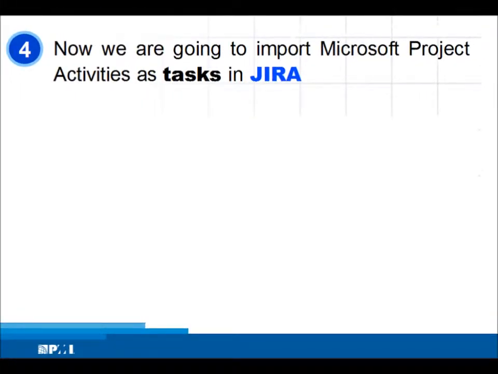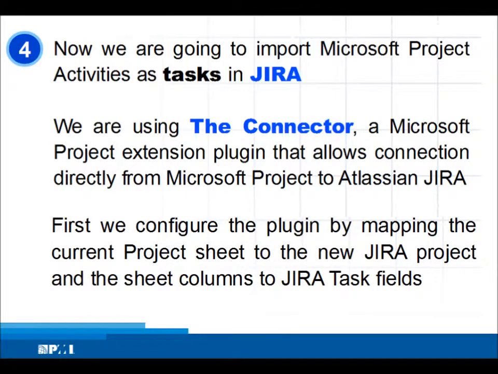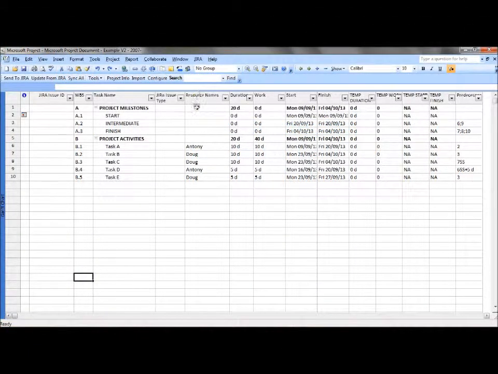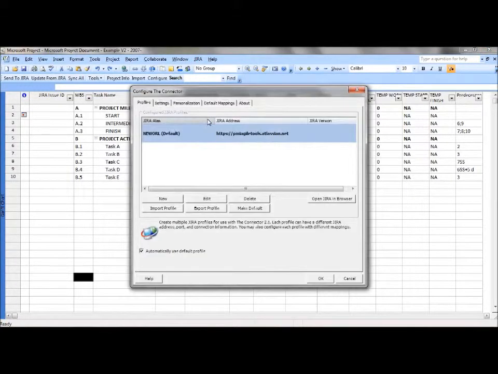To import the plan in JIRA, we use the connector, a project extension plugin that allows connection directly from Microsoft Project to Atlassian JIRA. So we can use Microsoft Project to export tasks in JIRA. First, we must configure the plugin on Project, adding a new profile that defines which JIRA instance and JIRA project to use for import, and defining which column text locations in our project sheet are used to hold which task